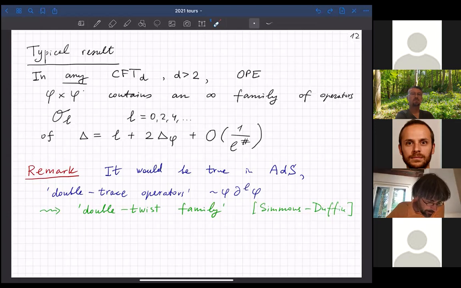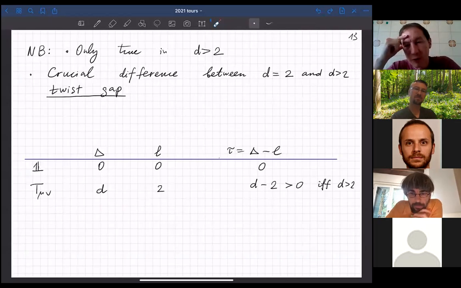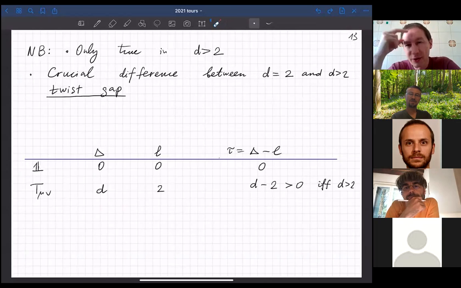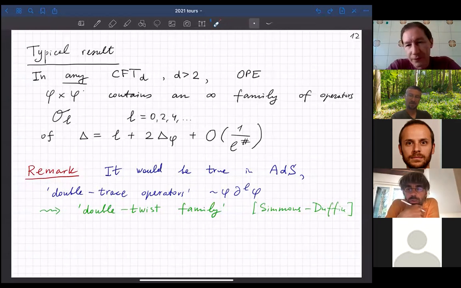Okay. Slava, sorry, I have a question. Yeah. So you mentioned it's a correction in 1 over L, 1 over the spin, so it's large spin. But the correction you mentioned is more 1 over N. Why is there a relation between the two? If you have an AdS dual, I mean. Well, if you have an AdS dual, there are